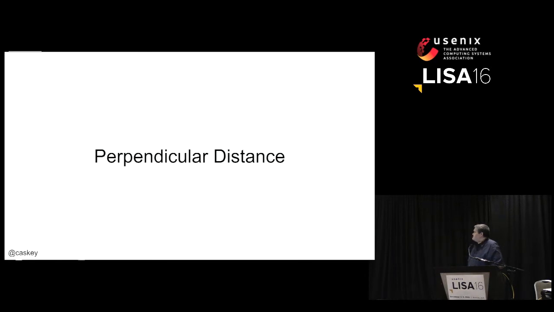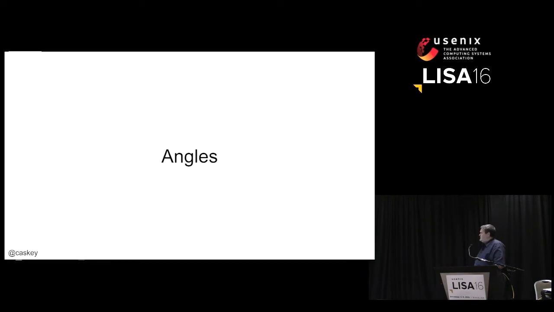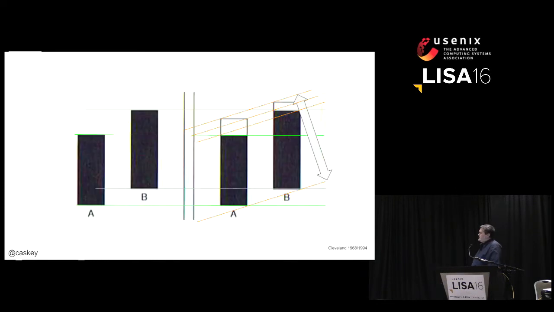Yeah, back to graphics. Perpendicular distance. We were talking about that a little bit ago when I put this up, right? How come we can tell that those orange lines appear to be perpendicular when they're slanted, when we just went through the fact that we can't tell angles apart? Well, that's because we're not trying to compare the angle. We don't look at that and say, is the angle of the orange line and its incidence with the green line the same at those various levels? In fact, the green lines could be gone entirely. Just the lines by themselves we recognize as parallel.